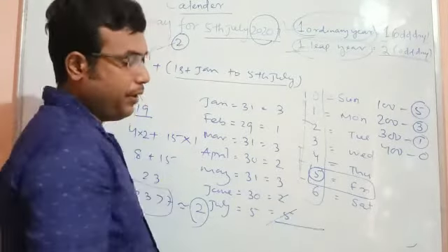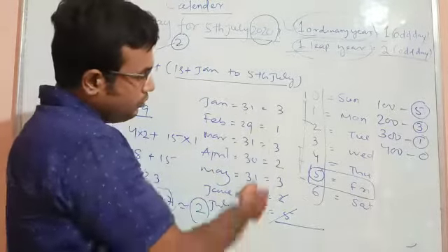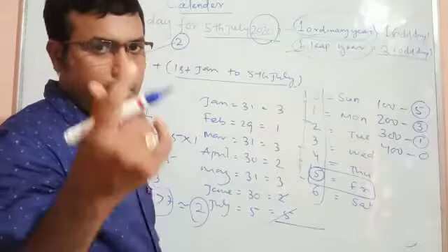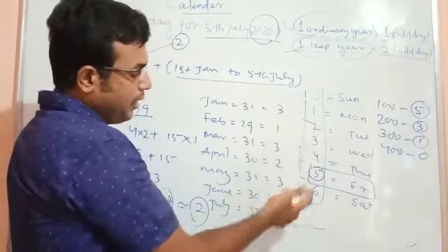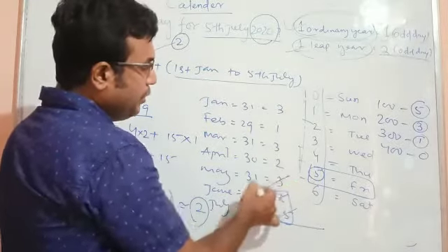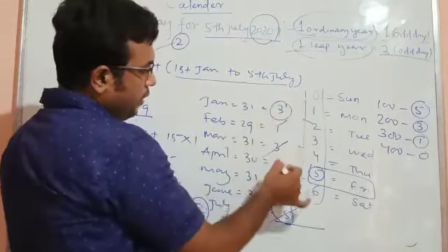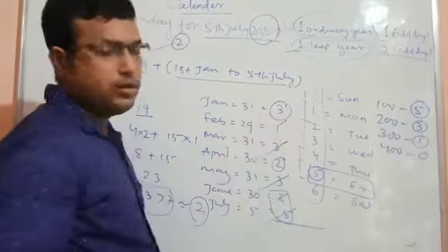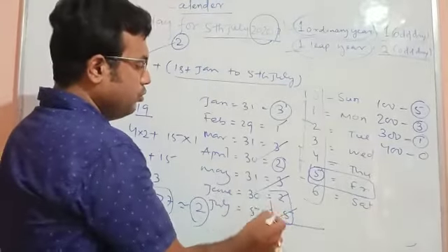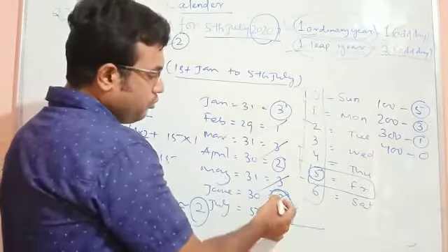See, 5 plus 2, 7. 7 means 0. For easier calculation, you just add all the values in this way. 5 plus 2, 7. 7 divided by 7, the remainder is 0. So don't move again. Leave those two numbers. Then 3 plus 3 plus 1, that means 7, becomes 0. Then 3 and 2. So add 3 plus 2, that is 5. So these terms become 0.